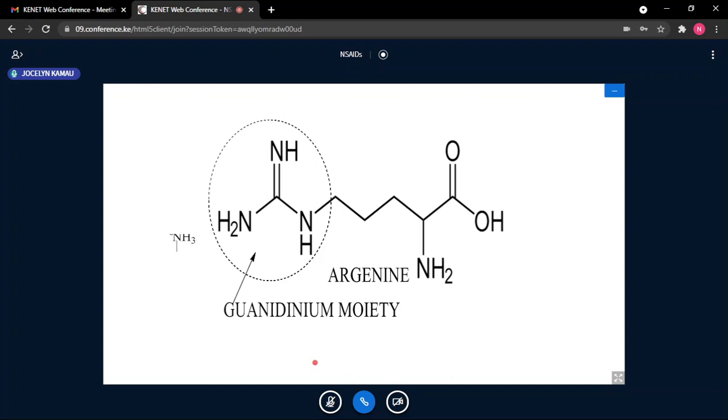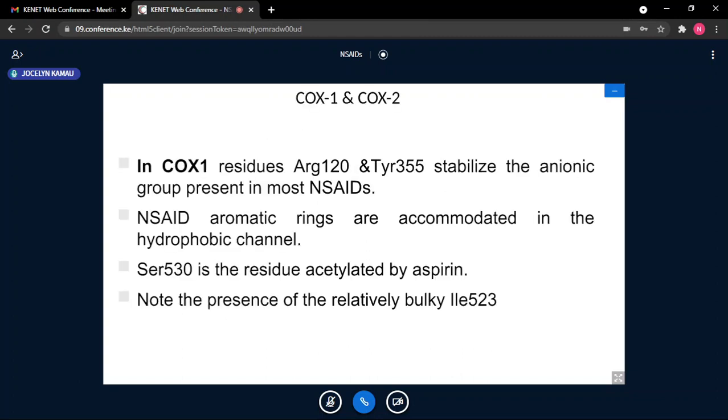So look at that. Here is our guanidinium moiety, and as I had said, it has this amino group, and at physiological pH, these are a basic area. At physiological pH, this amino group will be protonated, and once it is protonated, at that position where you have the guanidinium moiety, it will give the enzyme a cationic center through protonation of the guanidine or of the arginine moiety. So that is arginine with that guanidinium moiety, protonation at physiological pH.